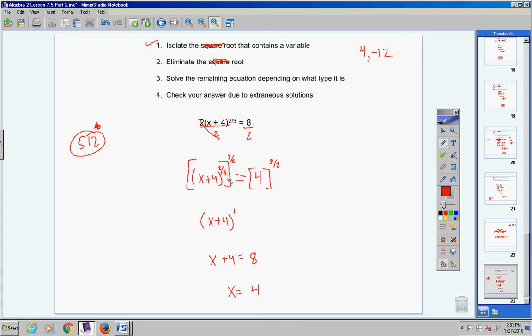Okay? And that's one of the negatives to using this method. And all that I can say is when you're using a method where you raise it to a certain power like this, just make sure that you check for extra solutions by doing this. When you took this side to the 3/2 power, you must realize your denominator is a 2, right? Which is the same thing as a square root. Think about it. If I told you to write this with a radical, it'd be the square root of 4